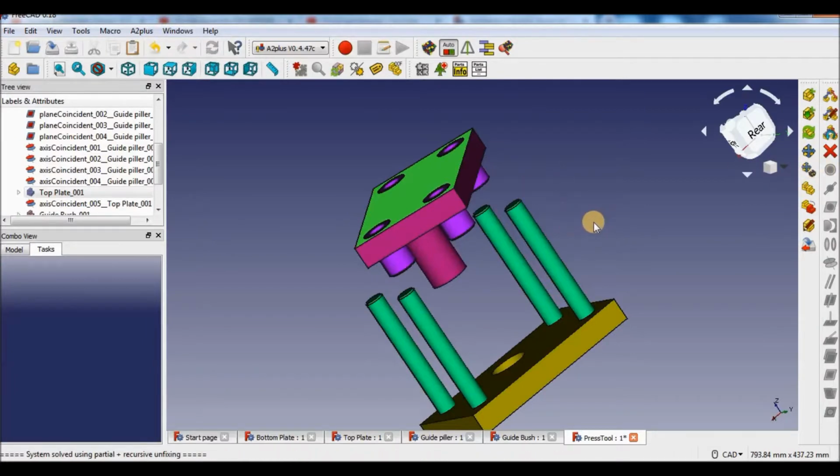Now we'll apply the axis constraint between the guide bush and the pillars.